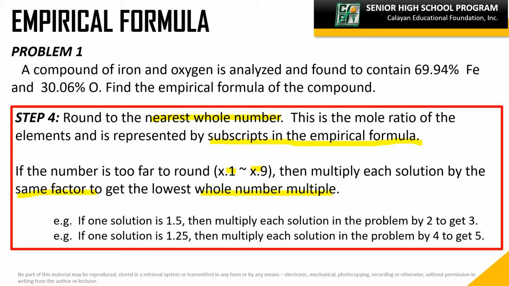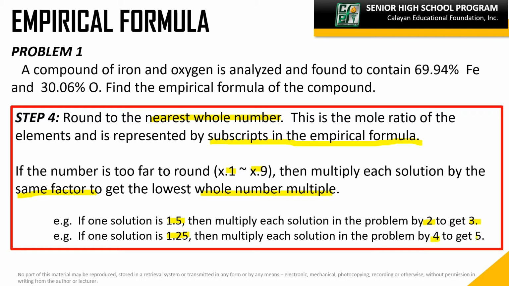For example, if one solution is 1.5, then multiply each solution in the problem by 2 to get the whole number 3. Another one, if the solution is 1.25, then multiply each solution in the problem by 4 to get